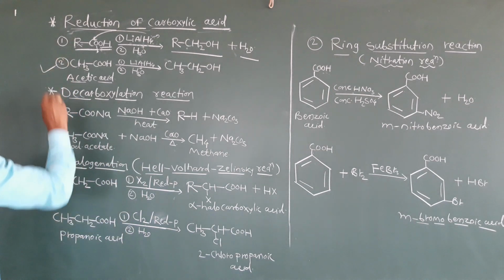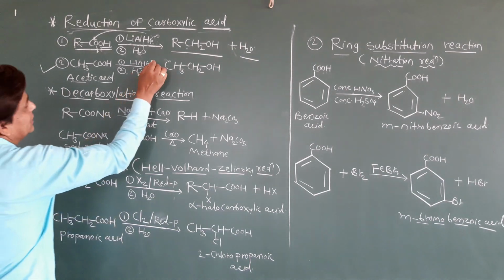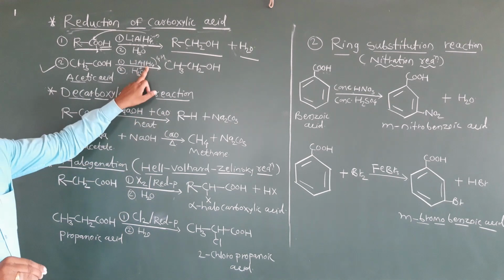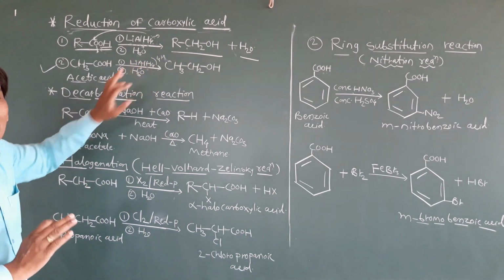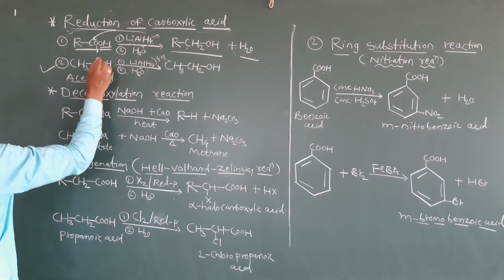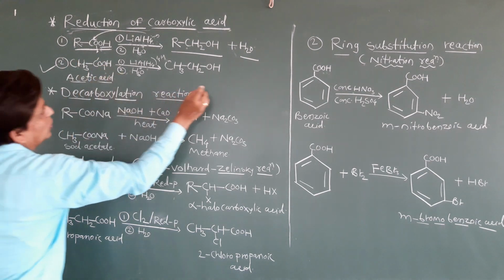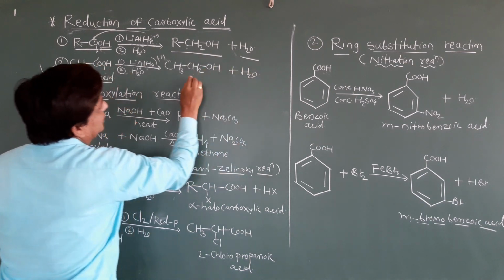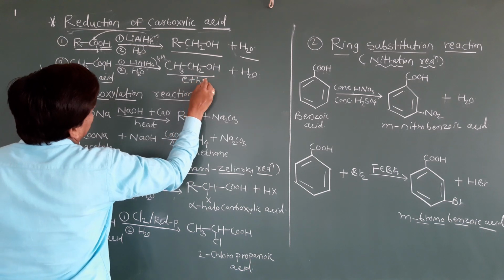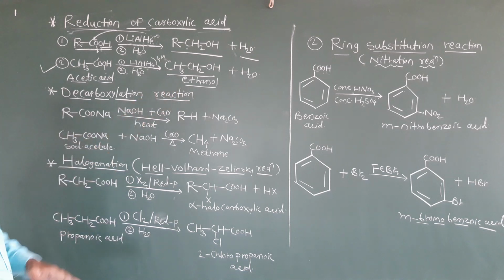Just take another example. Here I have taken acetic acid. It undergoes reduction in the presence of lithium aluminum hydride. This lithium aluminum hydride can liberate 4H. It already has 4 hydrogens, and in reduction we always add hydrogen. So how does this reduction take place? The same mechanism. Out of these, 2 hydrogens attach to this carbon, and the remaining 2 hydrogens and this oxygen leave as H2O. What will we get here? This is ethyl alcohol, which we can say is ethanol. Now clear students? So this is ethyl alcohol.